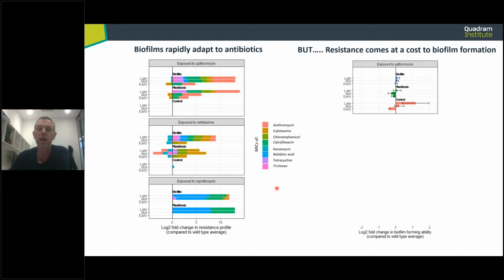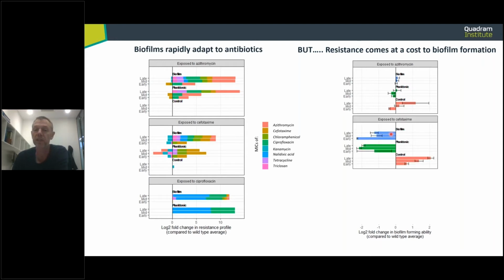So now we looked at their biofilm formation. If you remember, the controls here make more biofilm over time. So we know the model selects quite strongly for making more biomass. And if you then look at the evolved populations, the planktonic ones have had no selection for biofilm, so they don't change, which is no surprise. But here, the azithromycin exposed biofilms, they've become tolerant to the drug, but their ability to form biofilm has stayed constrained. They've not been able to make more biomass as the model would select for in the absence of drug. And if you look at cefotaxime, you get something really quite striking.